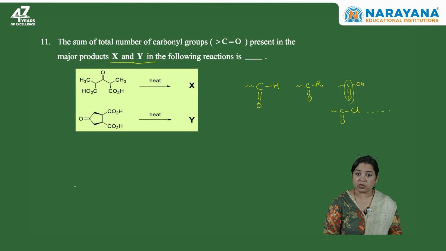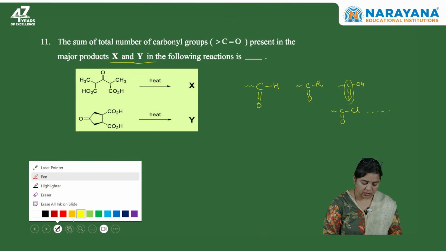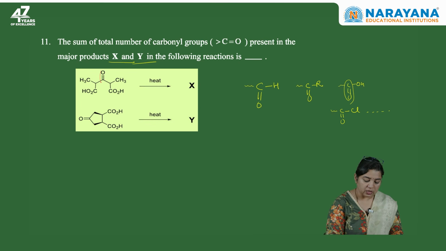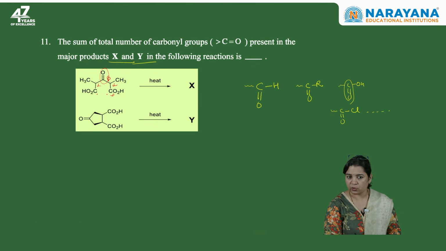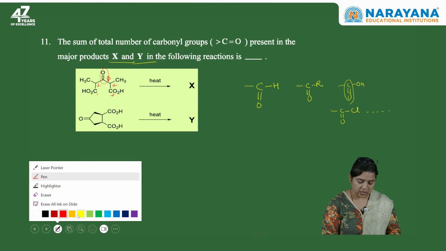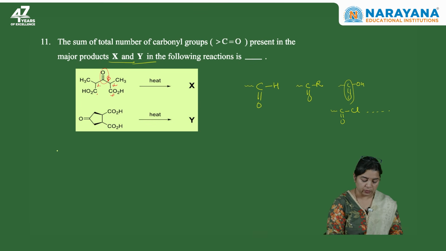The sum of total number of carbonyls to be taken in X and Y. First reaction. If we see this first reaction, this is ketone, this is acid. For this acid, alpha, and then this is beta keto acid positioning. And for this one also, it is alpha and beta keto acid position. So if we heat this compound, that is